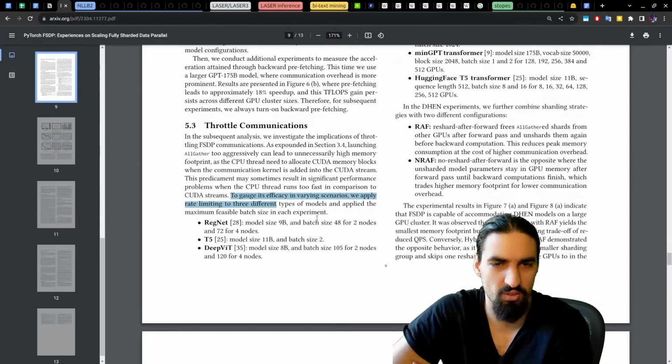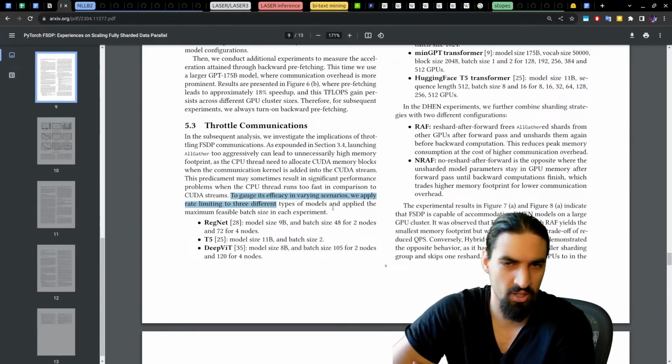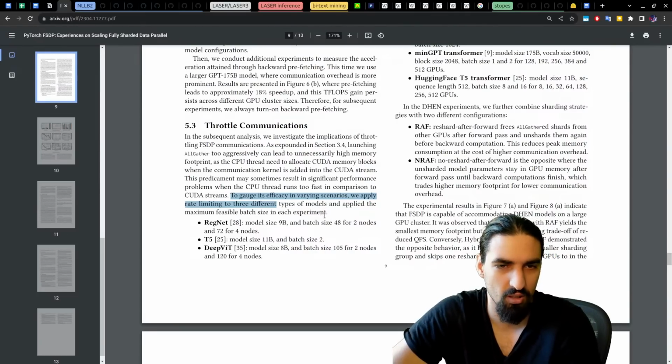To gauge its efficacy in varying scenarios, we apply rate limiting to 3 different types of models and apply the maximum feasible batch size in each experiment.